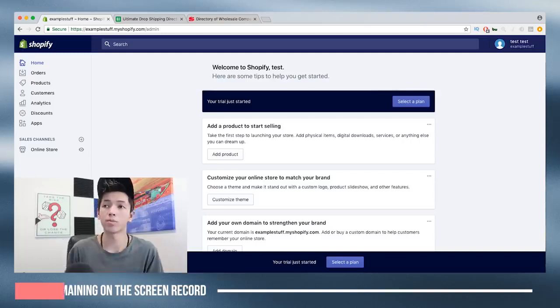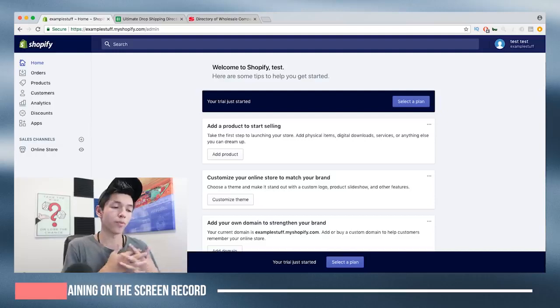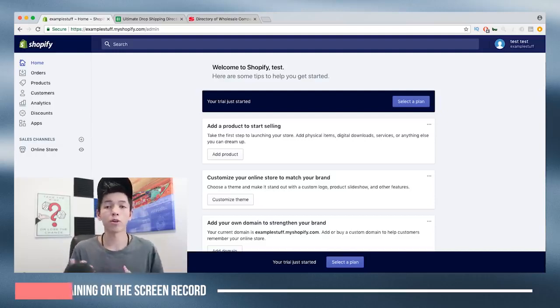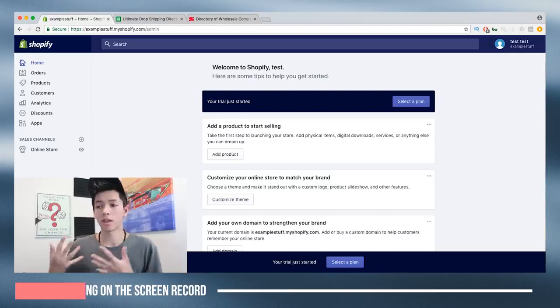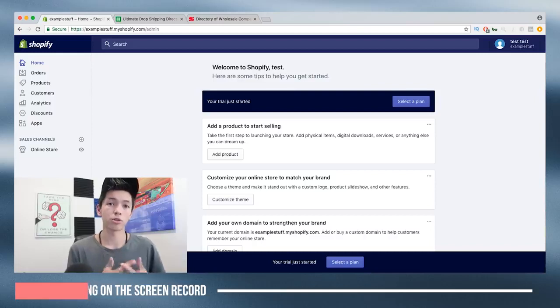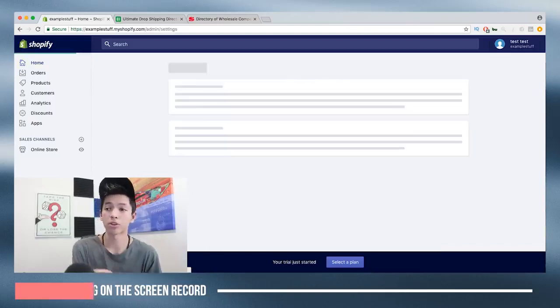when you come in contact with one of these suppliers, you have to make an account on their website. Some of them will have ways to integrate with Shopify or other platforms like WooCommerce, primarily Shopify, or they'll give you an email. This requires a little more work on your end, where you email them and ask, is there an email I can use for order fulfillment? You stay in contact with them, and then from your settings,